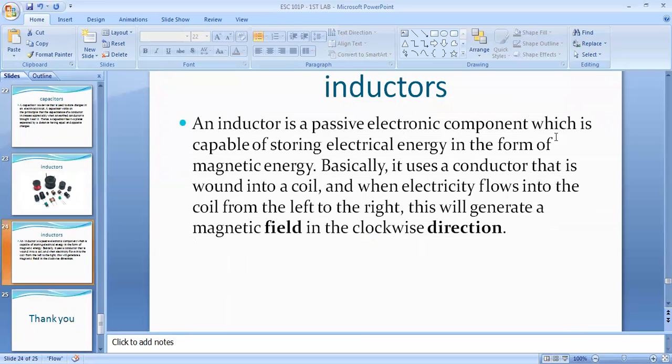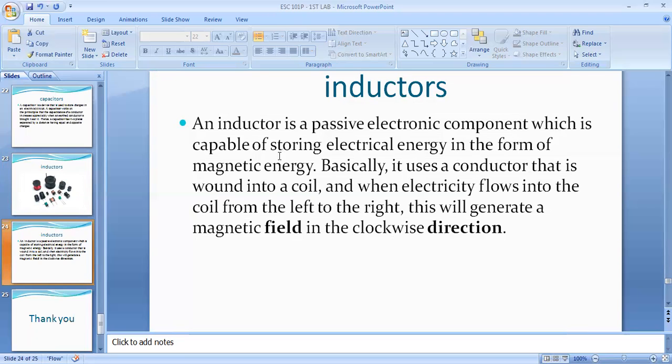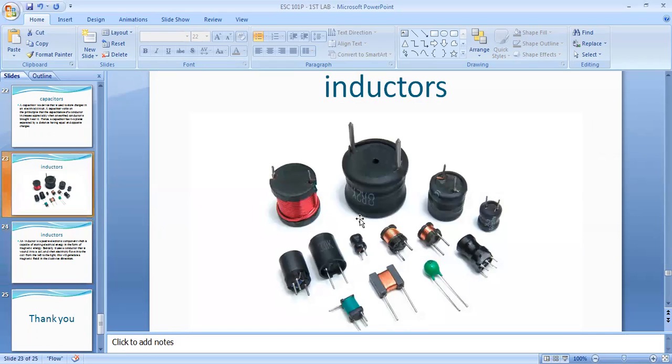An inductor is a passive electronic component which is capable of storing electrical energy in the form of magnetic energy. Basically, it is a conductor that is wound into a coil. So an inductor is nothing but a coil wound on a particular thing. It stores electrical energy in the form of magnetic energy. Not only inductor, there